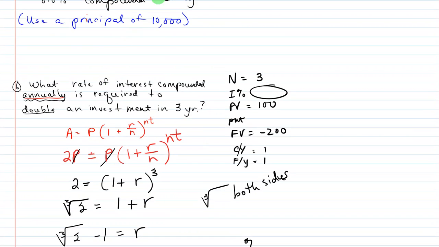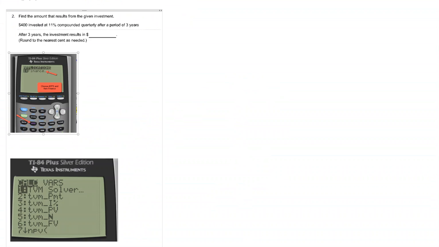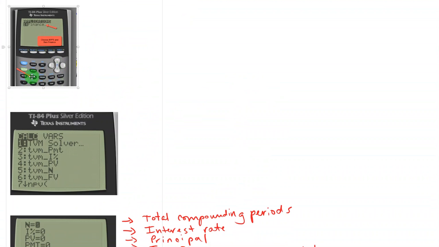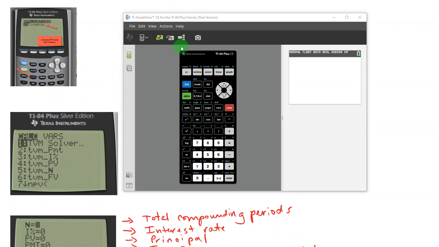All right, let's go look at the calculator app first. So in your calculator, and I've got this in your lecture notes, you want to hit your apps button, and let me get my calculator. So I've got my calculator up as well. So here is the apps button right next to math. So that's a little bit older calculator. And so right there, and when you hit that, just like I'm showing you here,